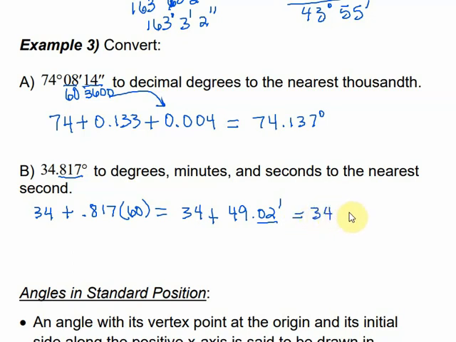this would equal 34 plus 49 plus, I take that 2/100 and multiply it times 60. And when I do that, I get 1.2. Okay, so I have the 34 plus the 49 plus 1.2, and I just add those together. And I would get